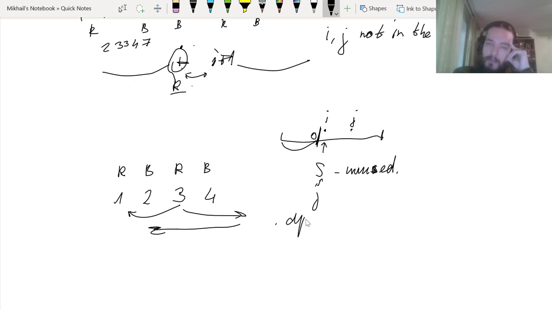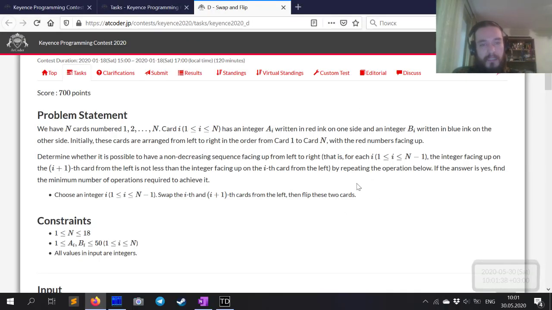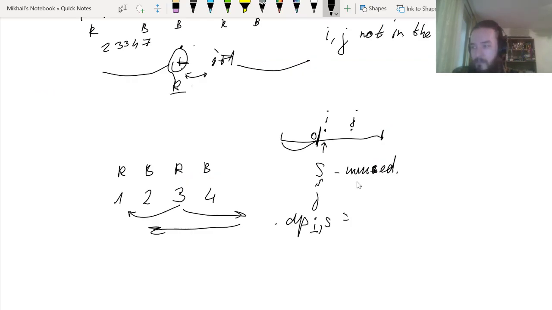So dynamic programming of, I think, I and S is right. So now we have to minimize the number of operations, right? This we can do by noticing that each card should travel independently some distance, right? So, for example, if this card goes 3 to the left,